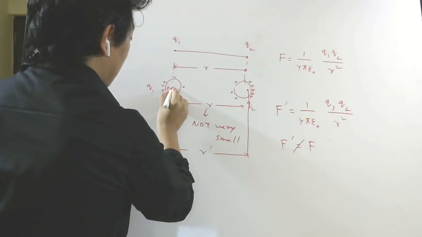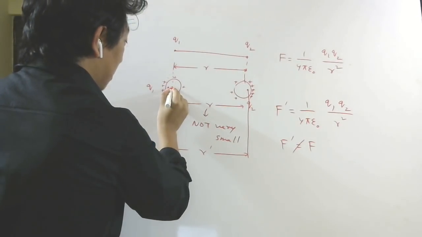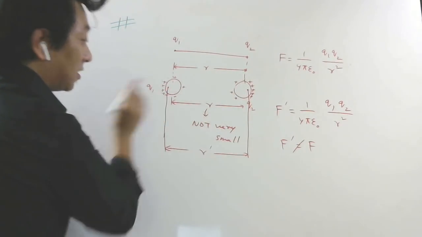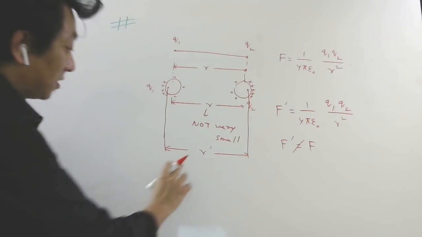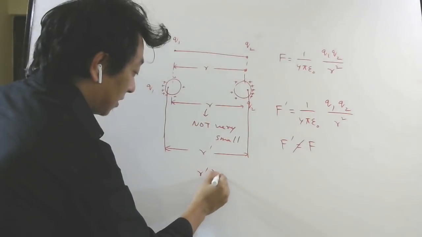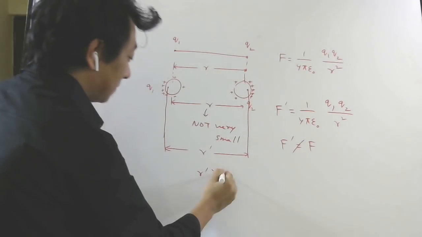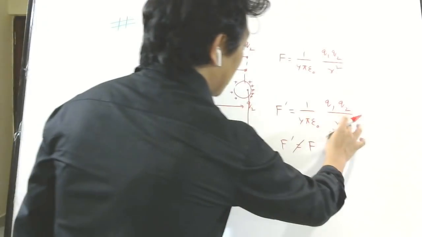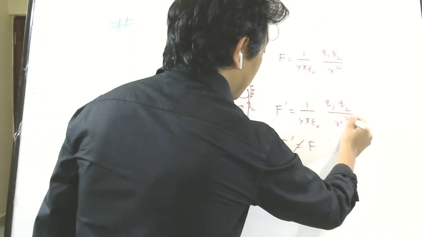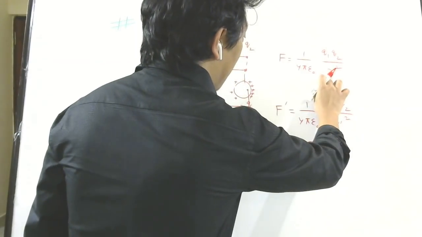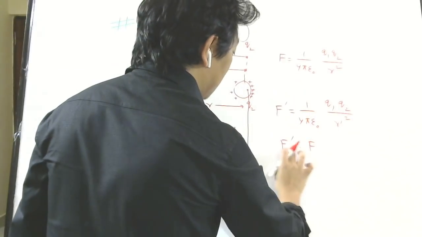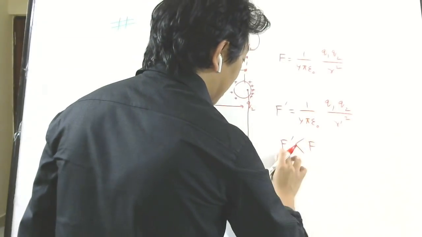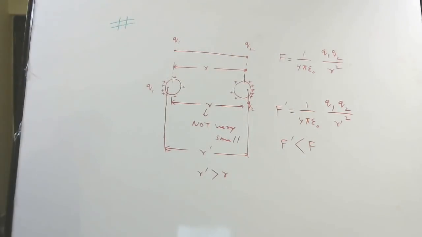See, this is the center of the body, which is called the geometric center. This is the center of the charge, which will shift wherever more charge is. So you can see this R dash is greater than this R. Right here I should have written R dash. So if R dash is greater than R, the force will be less than F. So this force will be less than this force. So I hope you understood.